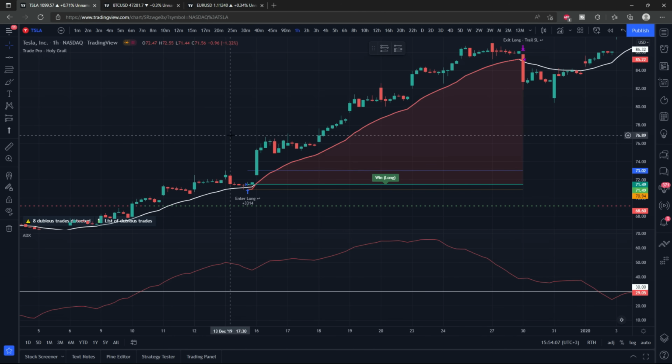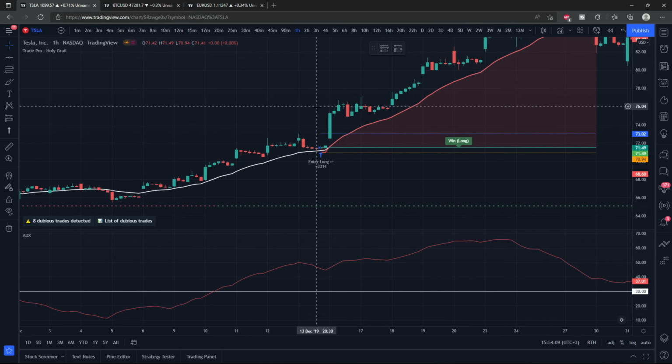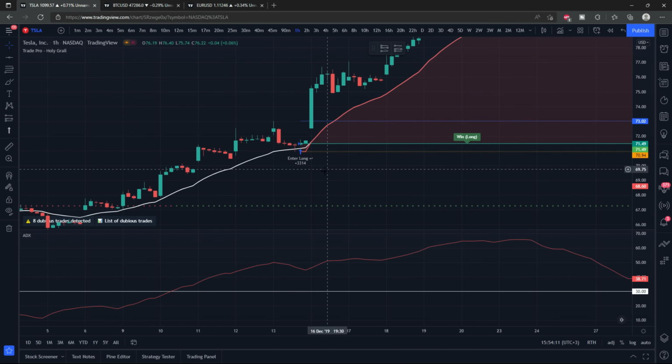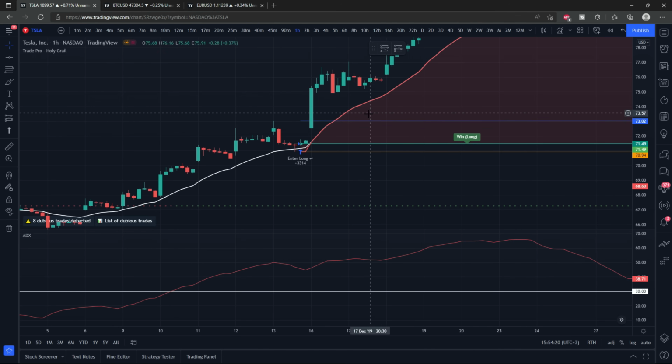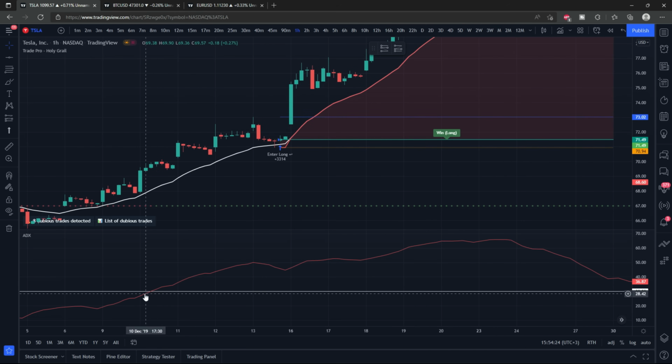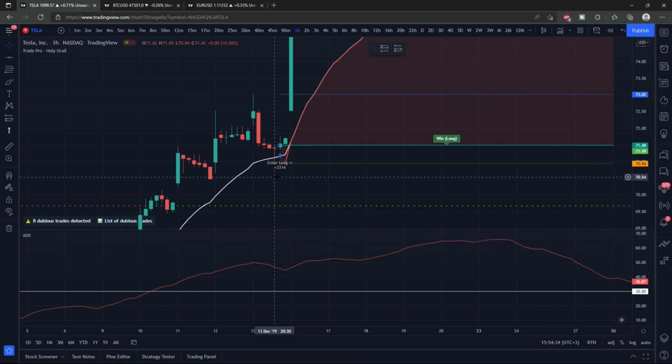All right, so here's a very clear example with the strategy, a very good example, so it can really demonstrate what the actual strategy is. And let's talk about the rules. The first thing is the ADX indicator needs to go over the 30 level, and this has standard settings. You can of course configure the different settings within the script, and we'll go over more of that later, but you can see this crosses up over the 30 level, and then it's going to be looking for that first pullback into the 20 period exponential moving average, that goes through the 20 period exponential moving average